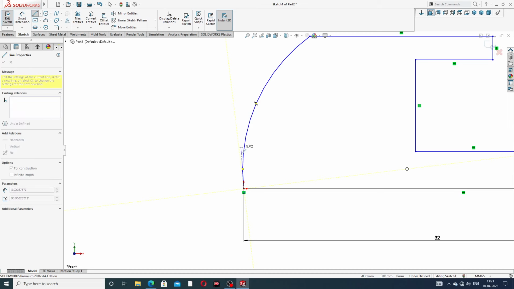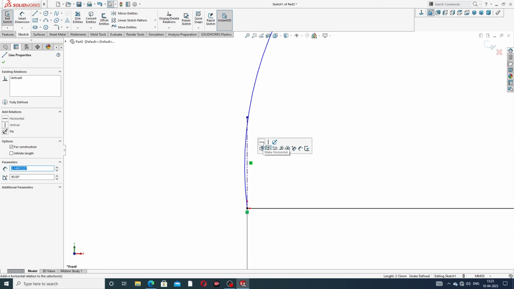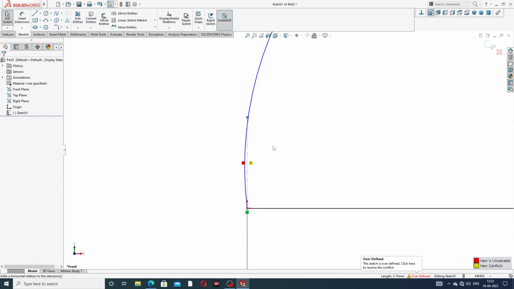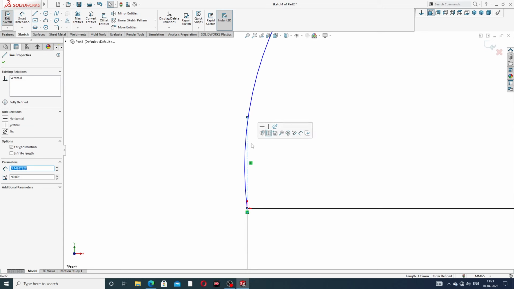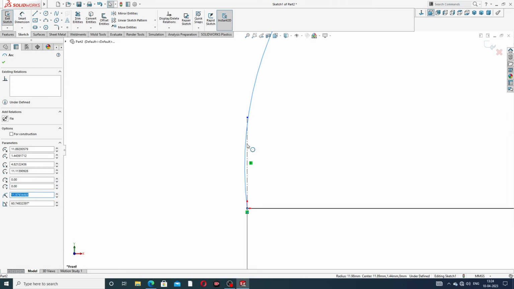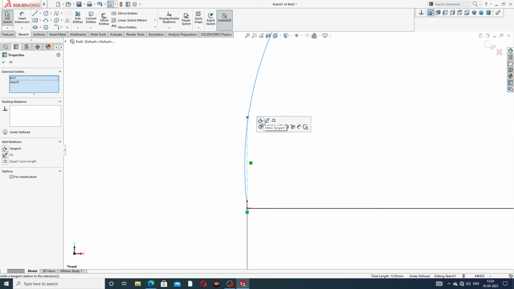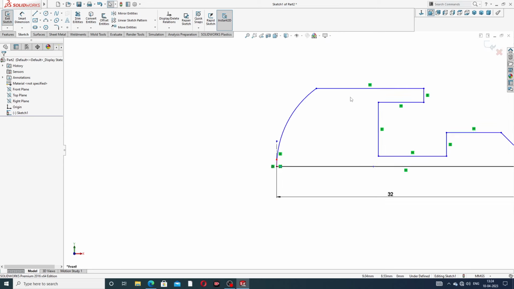This is a vertical line, and this line is a vertical. Okay, this line is also vertical, and this line and this is a use of tangent. Select this tangent. Okay,